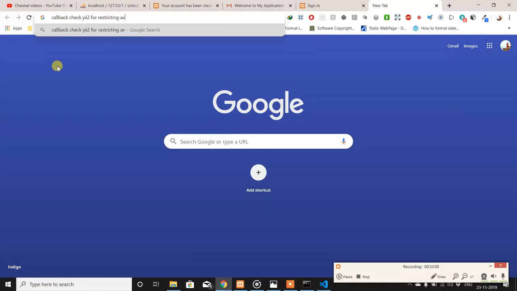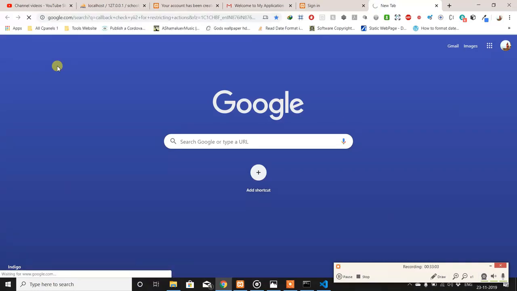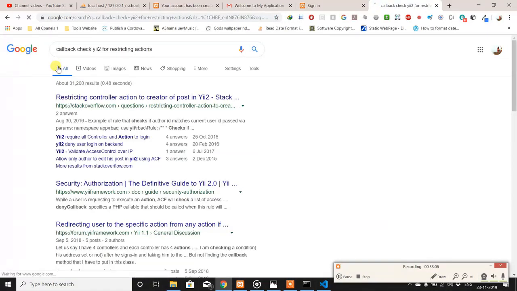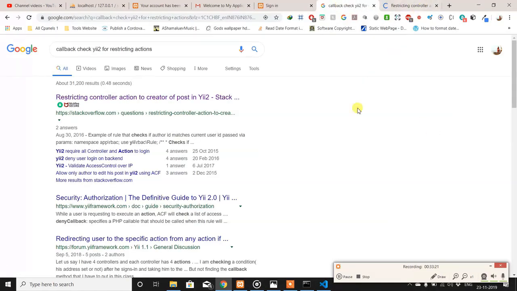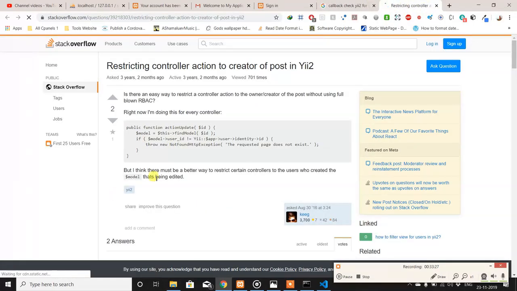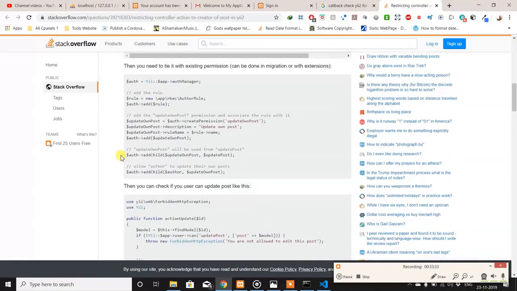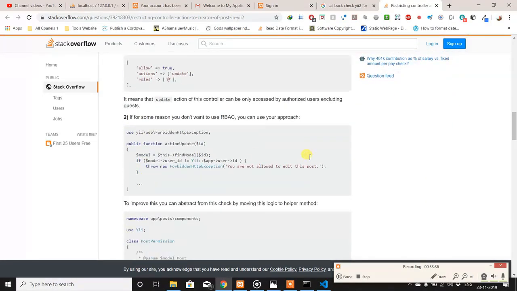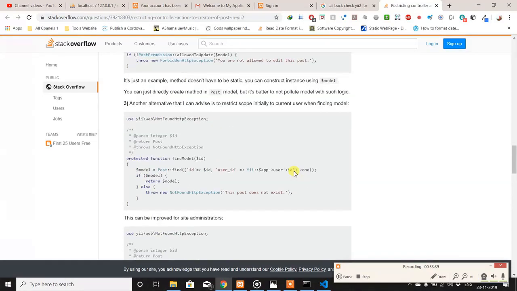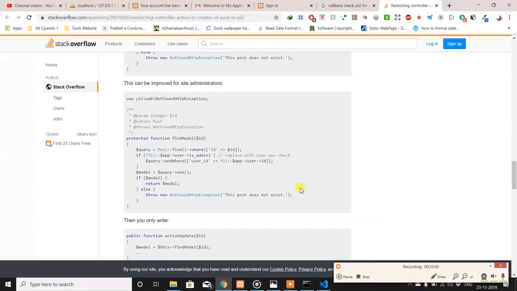Restricting actions. Okay, we will see this in the next part because